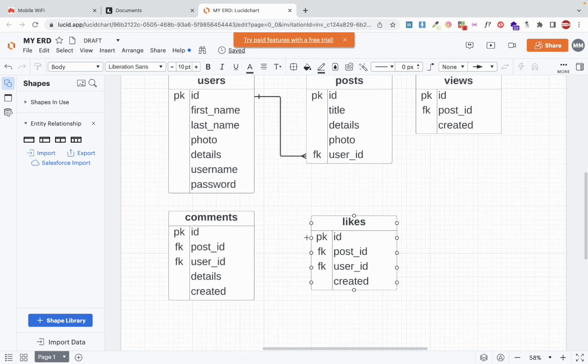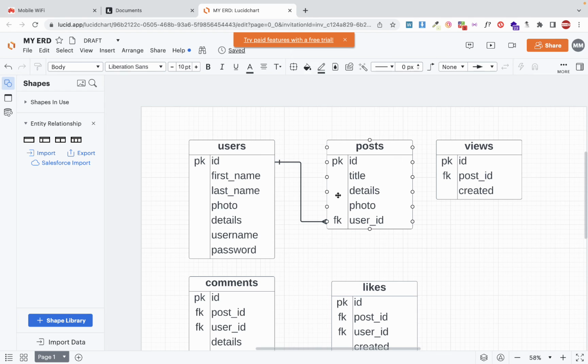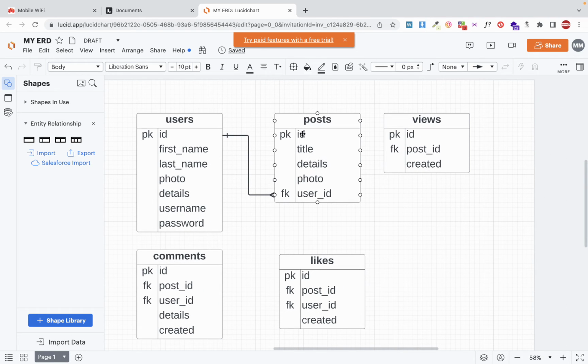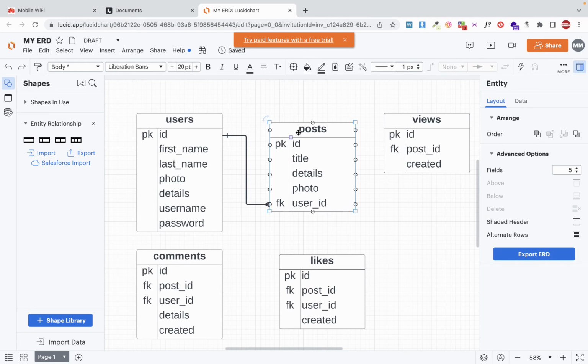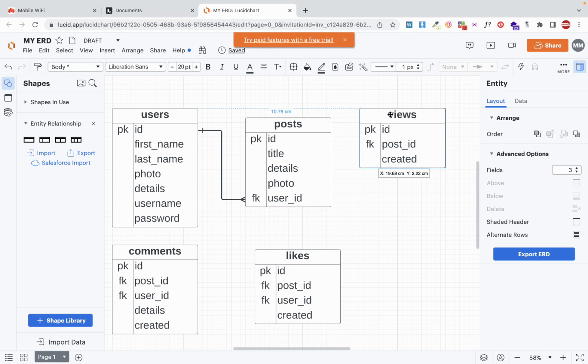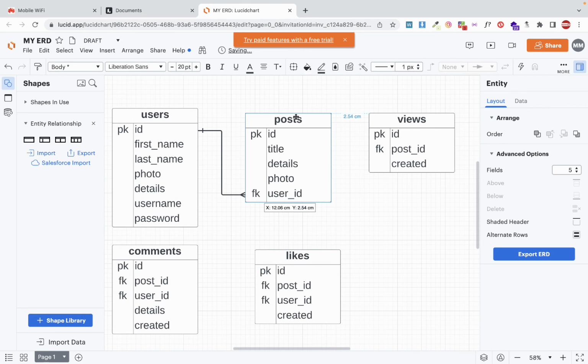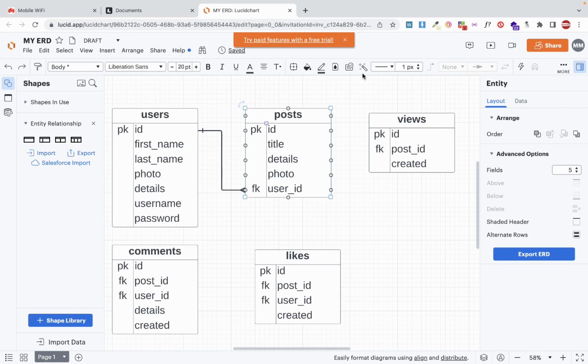So that's it. Now the next thing is to relate. I think this foreign key, this post, has been related now. Okay, so the next thing is now to relate this post with views. Every foreign key must be connected. So to relate this post with views, how shall we do it? We'll just simply say